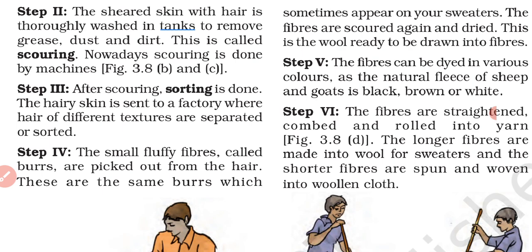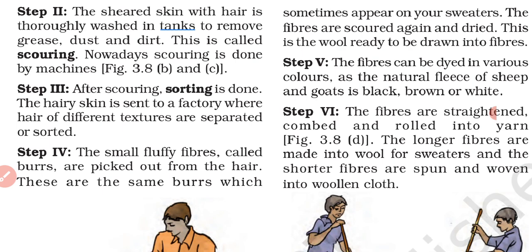Some parts of the fleece may have fine wool fibers, or we can say soft wool fibers, whereas some parts of the fleece may have coarse wool fibers, or we can say rough wool fibers. Some parts of the fleece may even have long wool fibers, whereas some parts may have short wool fibers. So the fleece of the sheep is not uniform. Are you getting it? The fleece has wool of different qualities.